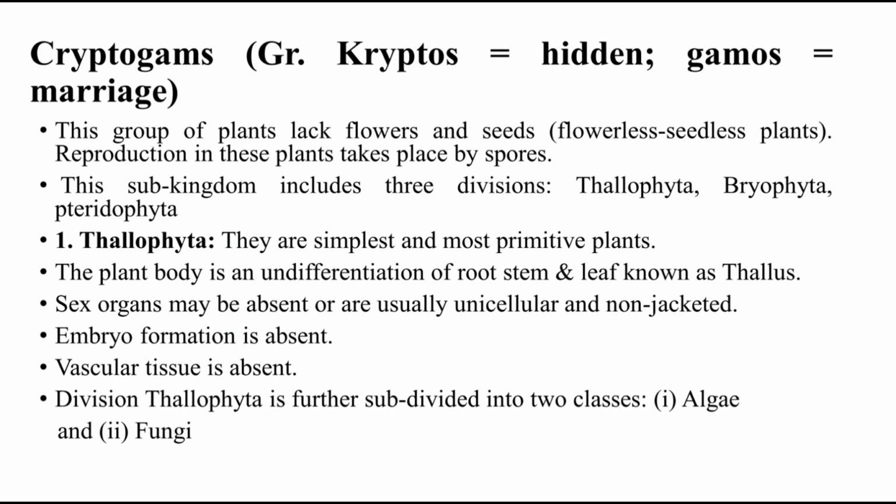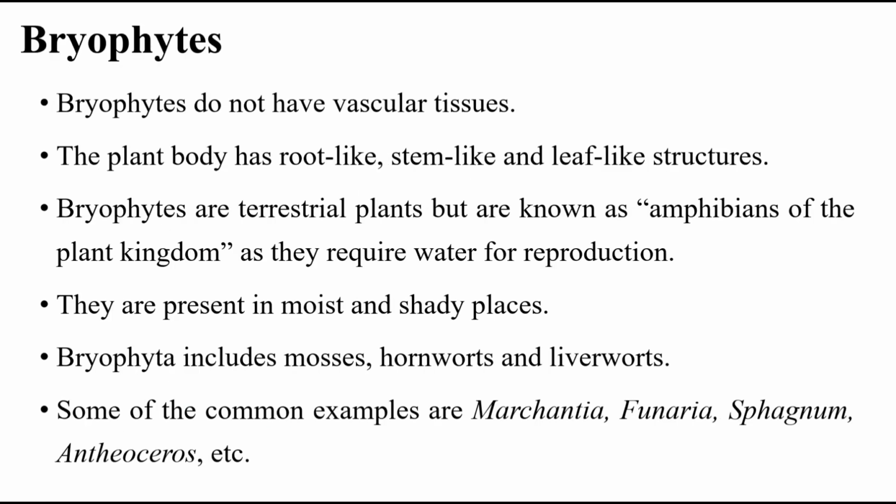Then embryo formation is totally absent. Vascular tissue, that is xylem and phloem, is absent. Then Thallophyta have two classes. One is algae, the second one is fungi. Then Bryophytes. Bryophytes do not have vascular tissue. The plant body has root-like, stem-like and leaf-like structures, but not true root, true stem and true leaf. Bryophytes are terrestrial plants but are known as the amphibians of the plant kingdom,